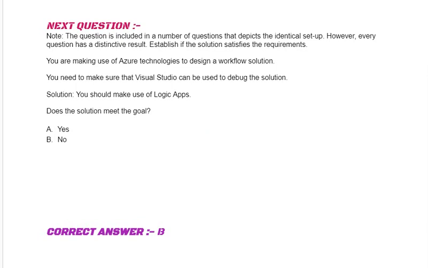Next question is, note the question is included in a number of questions that depict the identical setup. However, every question has a distinctive result. Establish if the solution satisfies the requirements. You are making use of Azure technologies to design a workflow